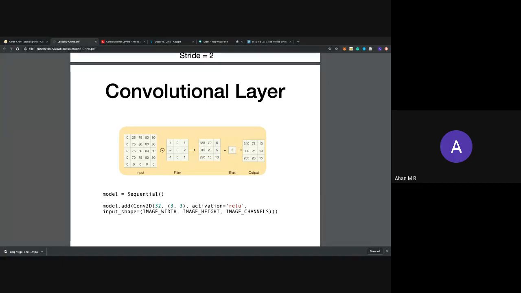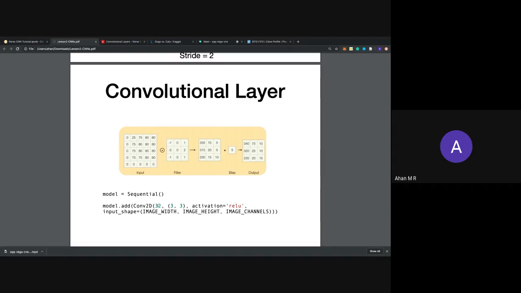So the code for using a convolutional 2D layer is very simple. You again call the sequential class, and then you add a convolution layer. Since the image is a 2D object, it's important to use conv2D. There's always conv1D, which is mostly used on signals, like in signal processing, and in text, particularly if you're using RNNs, you'll probably use conv1D to increase the context between two words next to each other and many other things.